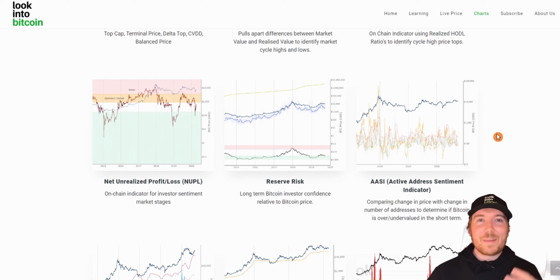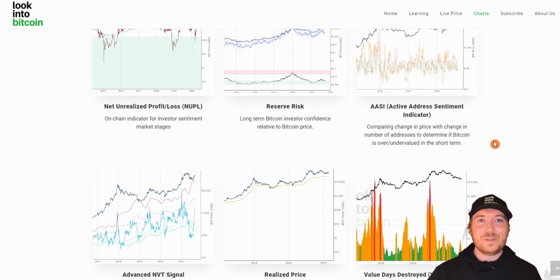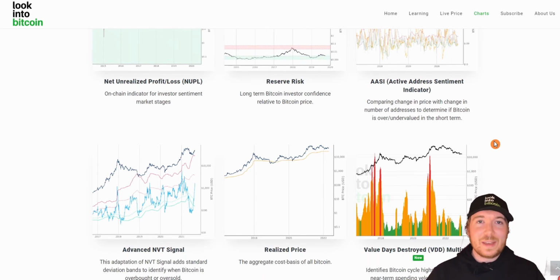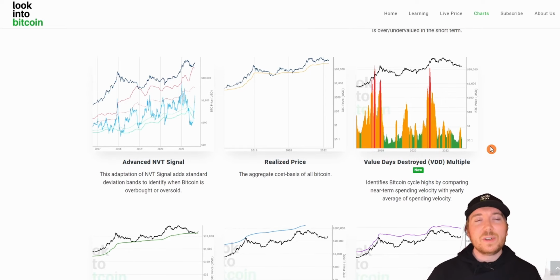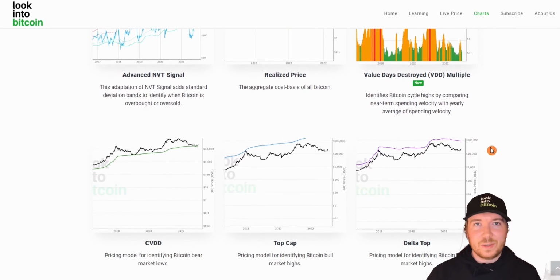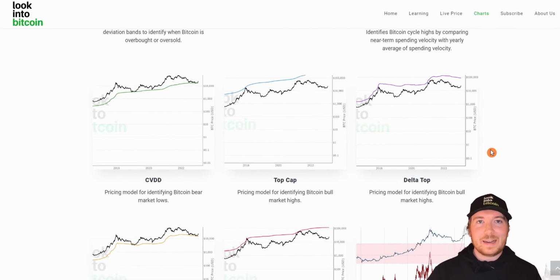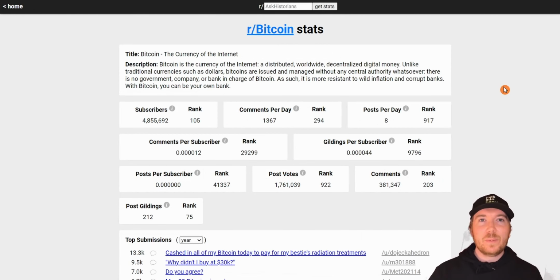But we are aware there may be some other metrics you can use that maybe we don't have here on lookintobitcoin.com that you can actually use within your investing and analysis to maybe try and improve, get other insights, or especially if you're looking at other cryptocurrencies that maybe aren't here on lookintobitcoin.com. Maybe if you're looking at Ethereum or other altcoins, metrics for these coins may not even be available. So we're trying to show you some tools aside from the ones you would find here on our site that can hopefully help you. So the first one we have here is looking at the subreddit here in this example